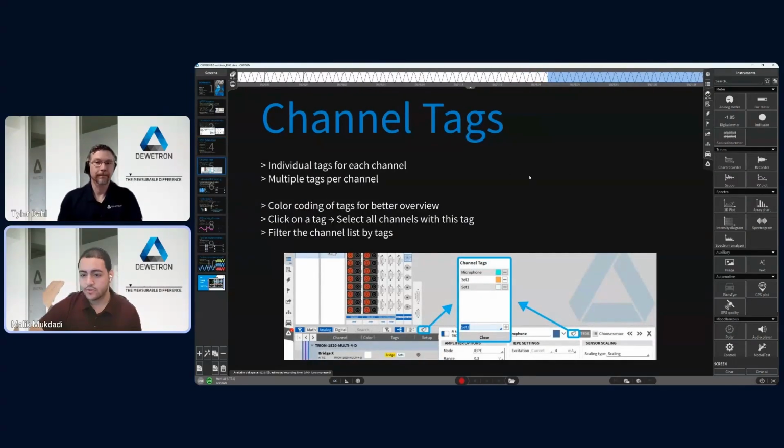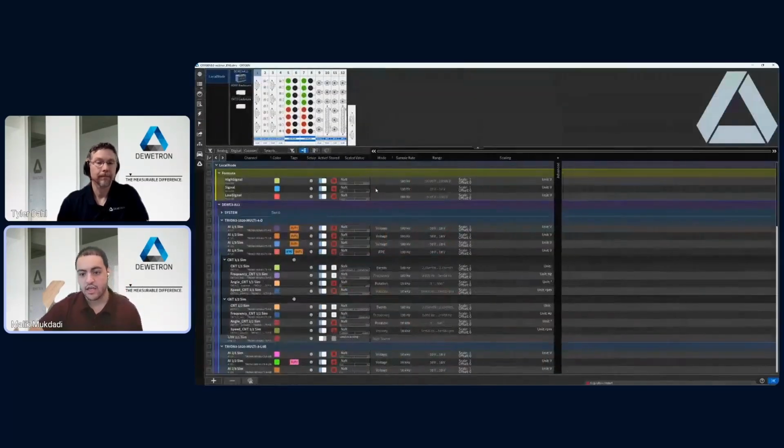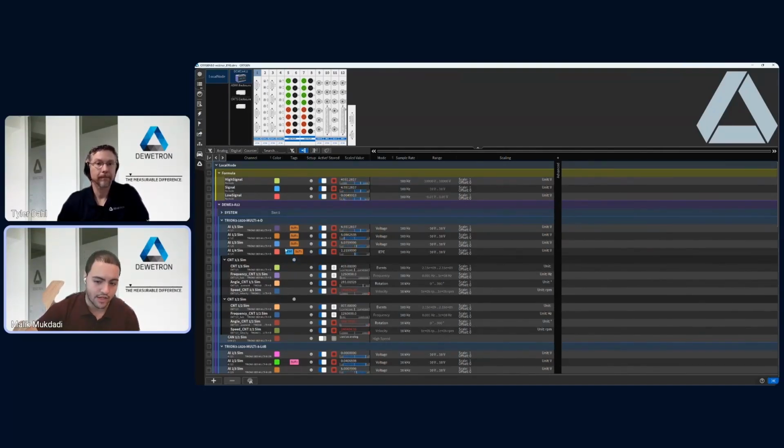We've also introduced a new feature known as channel tags. So I'm just going to jump right into showing how the channel tags work as I explain it, as I think this visually will make a lot more sense as to why we wanted to focus on this. What channel tags are is a new way of organizing or being able to identify the type of channels